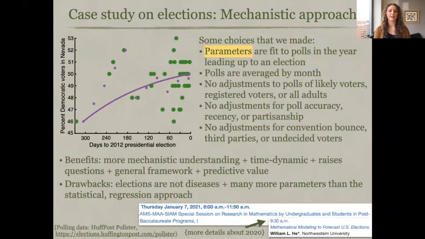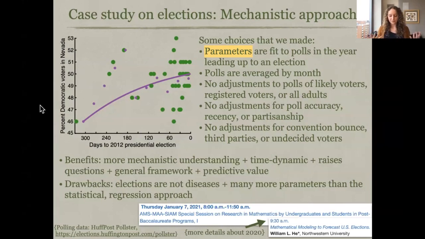And so it looked like this, where we took all that green polling data that I showed you earlier, and we binned it in 30-day increments. That was a subjective choice to get these purple asterisks that were the means of the polling data in each bin, and then we fit our equations to the data, just using a nonlinear least squares fit. And so our model is quite simple in the sense that we didn't do much of anything to the polling data we work with. This is a difference from forecasters like 538. I'm not going to talk about the simplifications we made, but it's just important to keep them in mind.